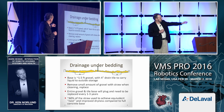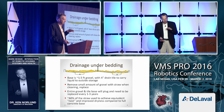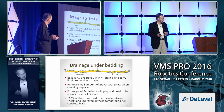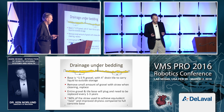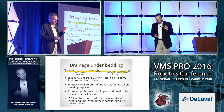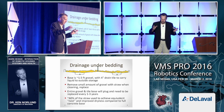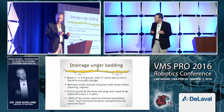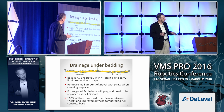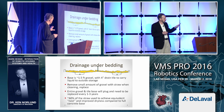So typically, they'll usually build a base of about 1.5 feet of coarse gravel, with a 4-inch drain tile to carry liquids to the outside. Each time when they clean the pens, they'll remove a little bit of the gravel and replace it. Depending on the cleanliness of the straw bedding, if there are lots of fines, you may need to remove the entire gravel annually. But if it's a very clean, long straw, you can usually go 3 to 4 years before you have to